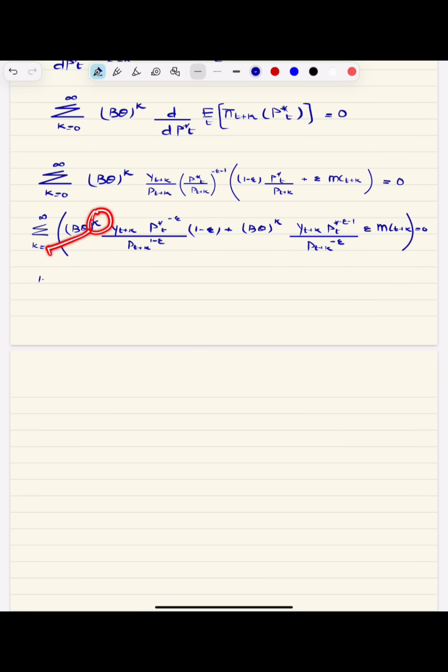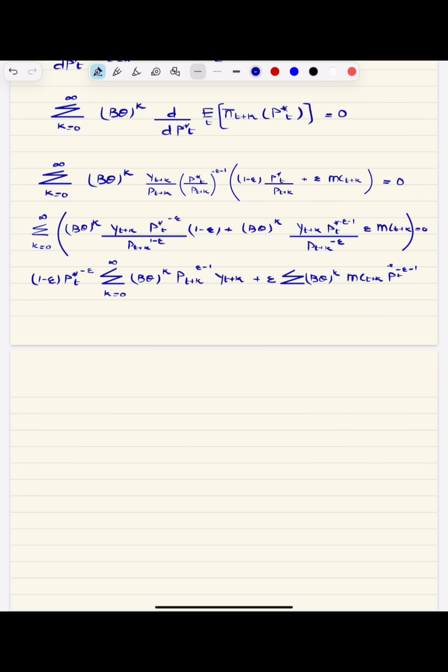So in the first expression, I'm going to take 1 minus epsilon outside because there's no summation over there, and we'll have minus e over here, summation from k 0 to infinity, p theta power k, p t plus k, and this is just epsilon minus 1, and y t plus k, plus epsilon summation theta power k, and we have marginal cost t plus k, and we have p star, minus e minus 1 p star,